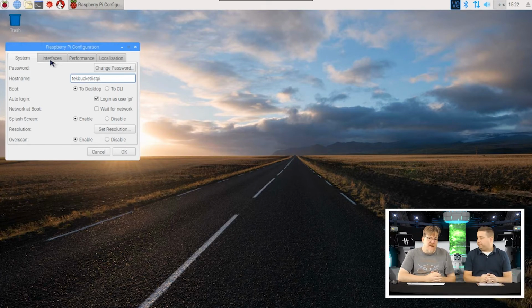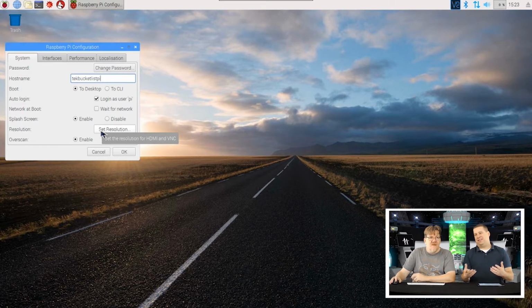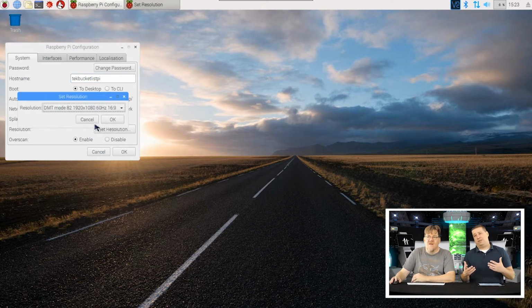Yeah, from a security perspective, it's unacceptable to have a machine sitting on your network that has access to resources and has a password that anybody could randomly use from outside if they manage to get into your network, for example. Okay, and then the only other thing in here is the resolution. We want to make sure we set the resolution so that you can have it as default, but if it looks fuzzy on your screen, you want to play with this a little bit. If you've got a 1080p screen, you might want to set it to a 1080p resolution just so that it shows up better on your screen and it's not fuzzy and